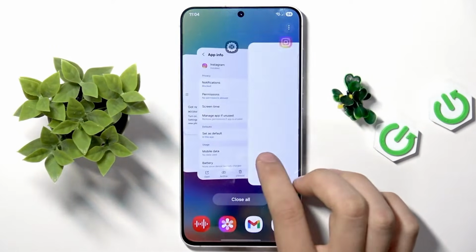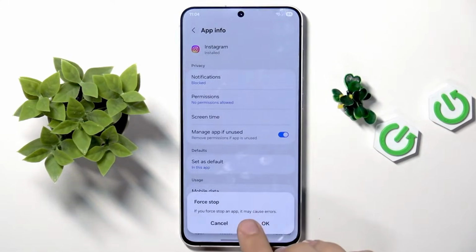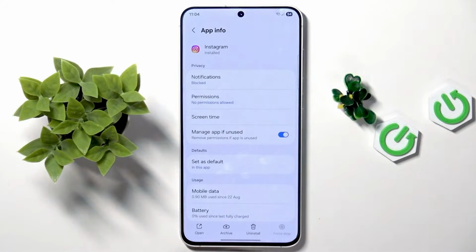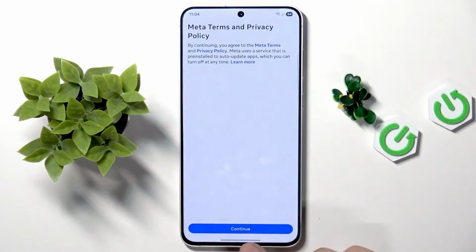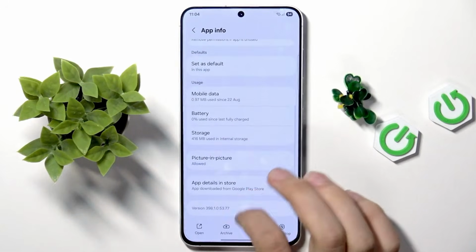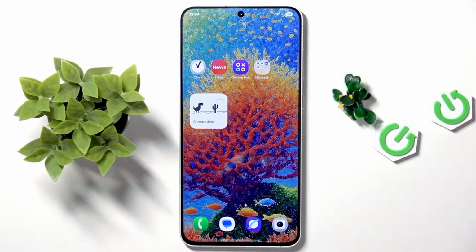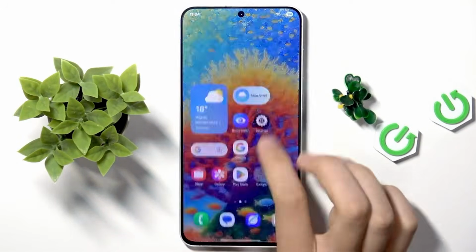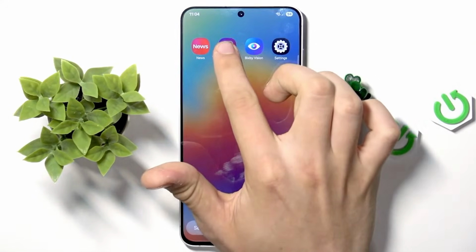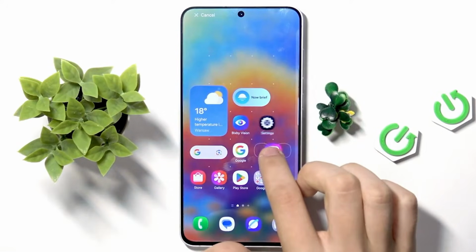Here now we will see that our application can be force stopped. If we tap that and tap OK, now our application is, as you can see, disabled. And now we have to open this application to enable it back again. And now it may be sent directly to the home screen if we reinstall this application, or reappear over here. So if it was disabled and it wasn't here, you can now drag it from the app drawer to your